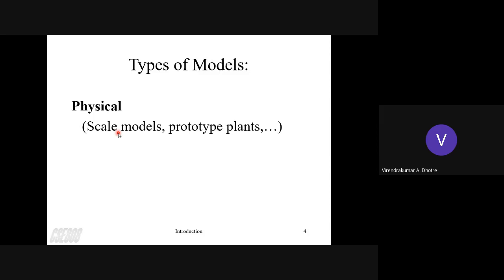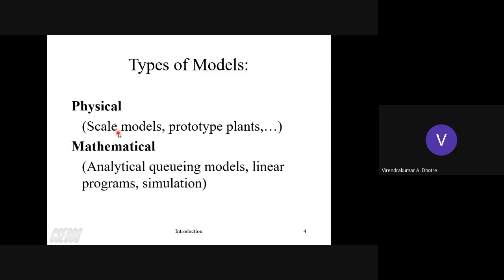The small building shows the storeys, windows and doors, paint and everything. It's a very small model. It's not real, but it is a physical model. It is a scaled model, very small, from which we can create the actual larger one. So scale models, prototype models. These are the physical models which we have seen.